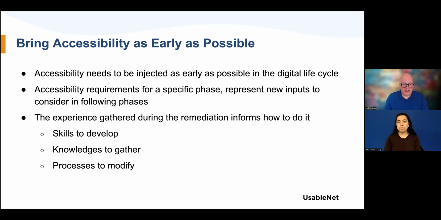The whole idea here, of course, is in fact to shift left. You want to bring accessibility as early as absolutely possible into your processes, which is really where it comes down to, that being a big maturity of an organization. You want to set the accessibility requirements for each specific phase, for design, for content creation, for development, for testing. And that's going to be new inputs into the process, whereas before you might not have anything explicitly stated about those. They become explicitly stated so that everyone can be held accountable to them. And so the project manager can actually track that information and make it part of their reporting out to other parts of the organization.